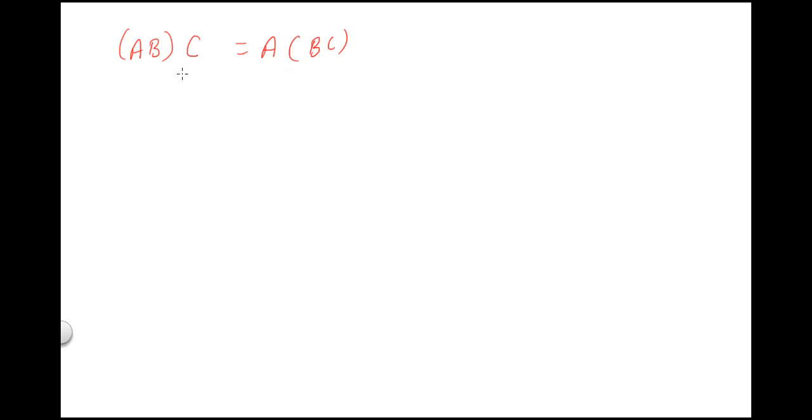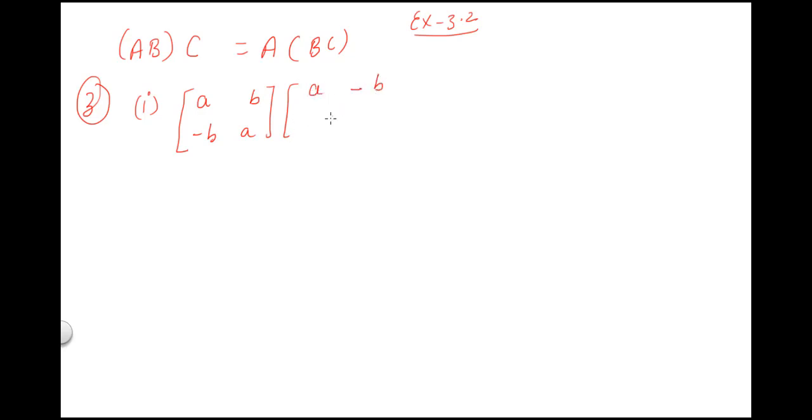Clear? Okay. Now we will do some exercise questions based on matrix multiplication of exercise 3.2. So yesterday I did not ask you to do question number 3 because it is based on matrix multiplication. Question number 3. Okay, so let us discuss any two parts of it. So I'm discussing the first part first. So it has two matrices. In question number 3, first part, the first matrix is [a, b; -b, a], and the second matrix that is to be multiplied with it is [a, -b; b, a]. Okay, let us multiply.